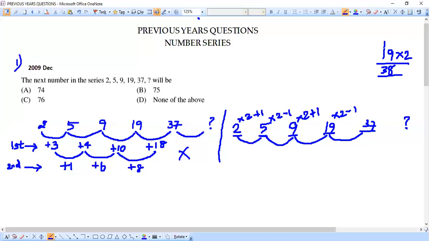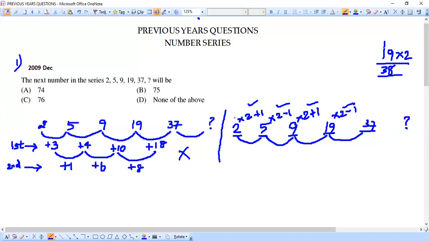I hope the pattern is now very much clear to you. When we use multiplication, see here, the pattern is formed very nicely. First term I have 2. For the first term, we did into 2 plus 1. Now from the next one I did into 2 minus 1. Next, for the third we did into 2 plus 1. Next, fourth we did into 2 minus 1. I think this pattern is very much clear cut, right? See here, it is forming a very nice pattern. Into 2 plus 1, into 2 minus 1, then again into 2 plus 1, into 2 minus 1.